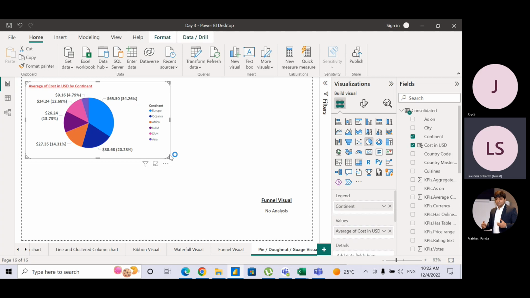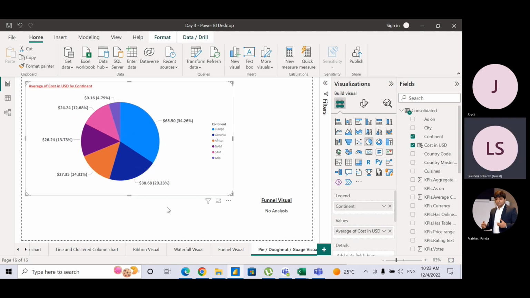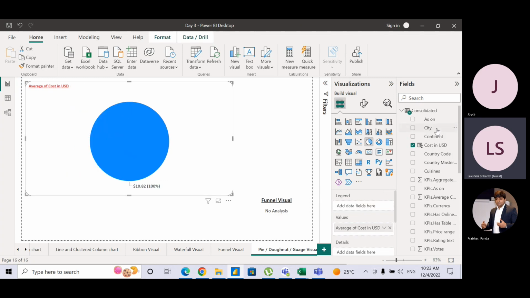In Excel, when you load more or less information, the pie chart looks absolutely great. But in Power BI, the moment you load a large amount of data, you can see how the auto adjustments happen. For example, if I remove the continent and bring in by country for a while,